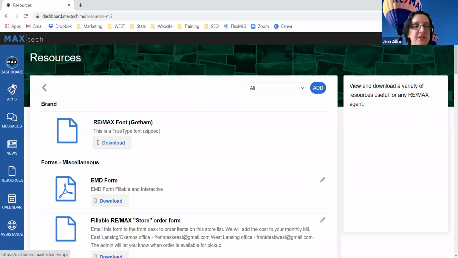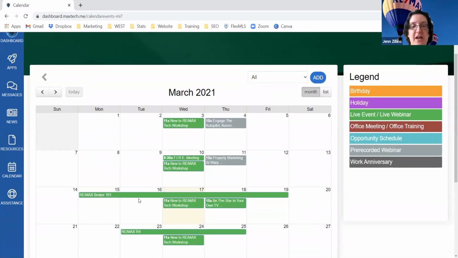If you go down here on the toolbar on the left-hand side underneath resources, it says calendar. There's not too much going on here. Sometimes ReMax of Michigan will post if they have some trainings that they have going on that's not specific to our office. You may or may not be using that,